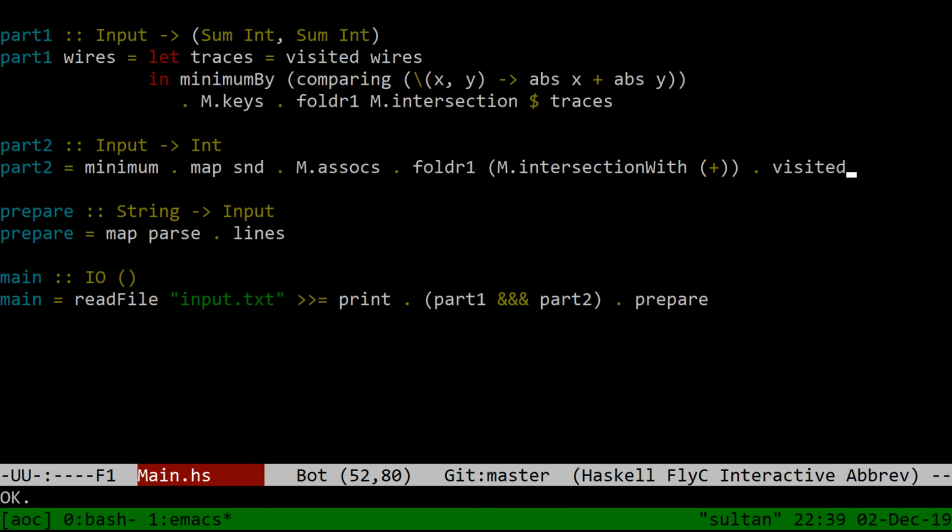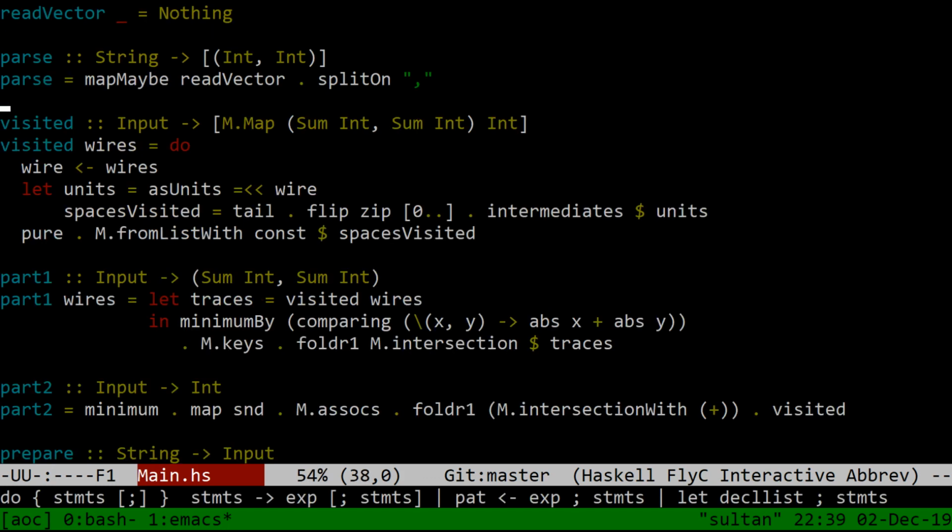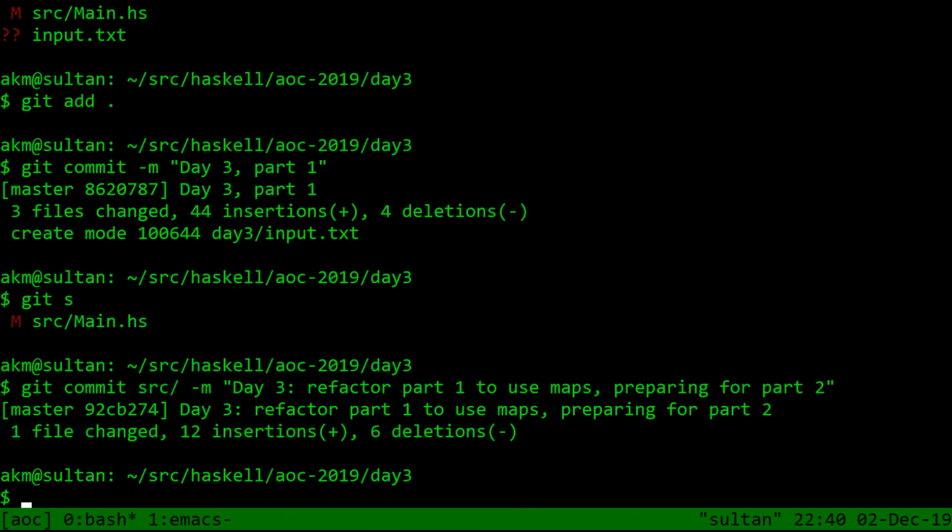Kind of interesting. And we did solve it for more than 1 wire, more than 2 wires, although the generalization is maybe not that useful. You know, how likely is it that 3 wires would cross even once? But if he gave us that problem, we would solve it. So that's kind of cool. Yeah, this visited. I feel like someone should study the transformations I did here, and as a result, I should know what I did wrong. I'm not going to do that studying, but if someone else wants to and let me know, that might be nice, I guess. Anyway, heck of a long video for day 3, and I think we should just git commit